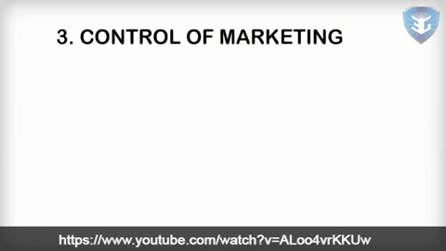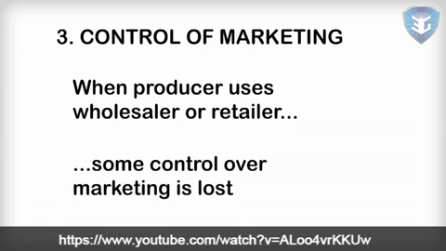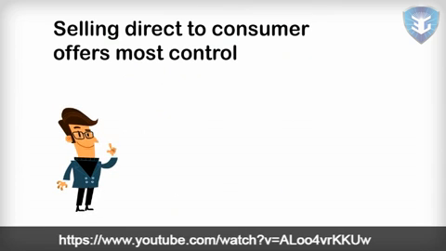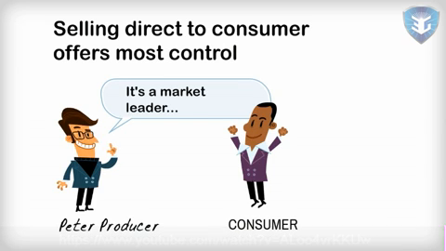Whenever a producer uses an intermediary to sell its products, it's handing a degree of control over promotion and price to the intermediary. This may be to the advantage of the producer. Being stocked in an established national retail chain can mean that the product is well promoted. On the other hand, the way that an intermediary, like a retailer, markets a product may not suit the producer. For some producers, only direct distribution provides them with the control over marketing that they seek.